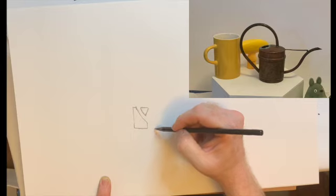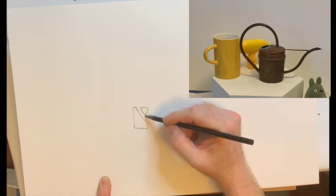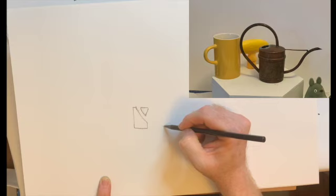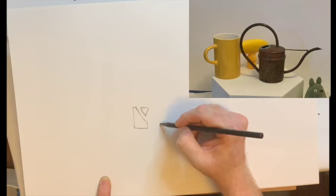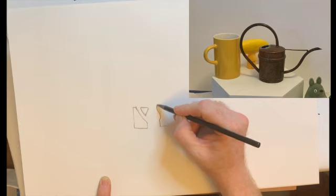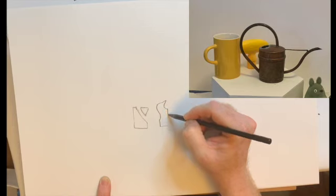So I'll just continue that edge on the other side of the yellow thing in the background there. And I'm just guessing right now the spacing. I'm not too worried about that. I know that the handle has to come down this way, and I know this should be past it. So I'm going to say it's here, then it hits the side of the watering can, but then it also hits the side of the yellow thing, and then it goes out like this and then comes back in again and then goes like that, and then the watering can goes out like that, and then it comes around, and then it's a